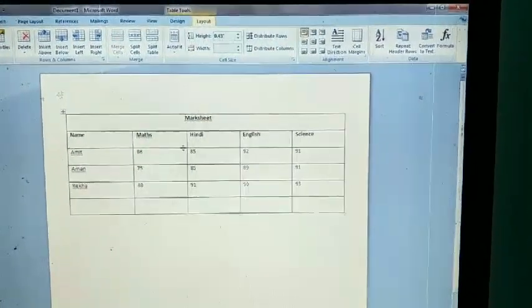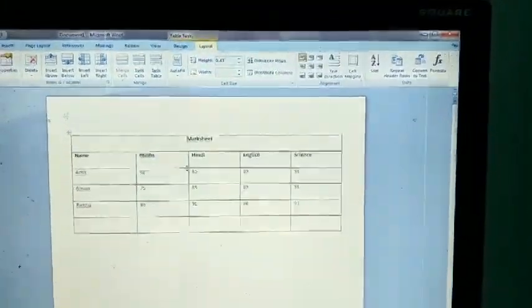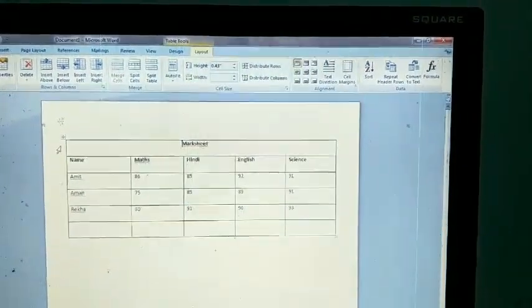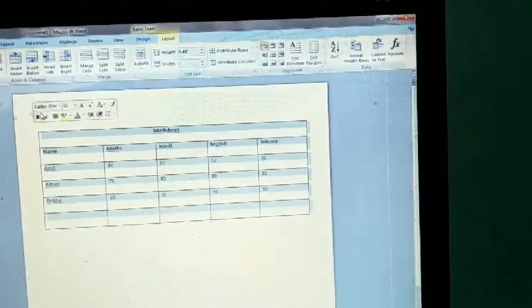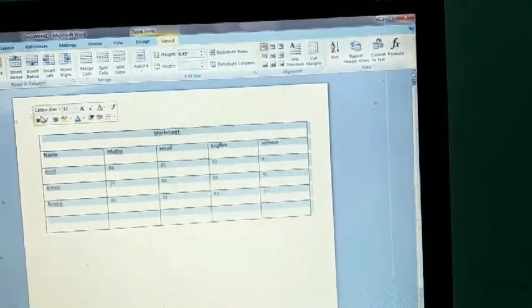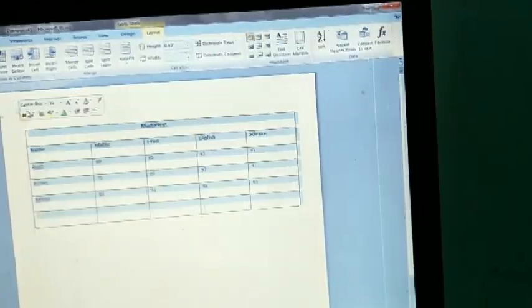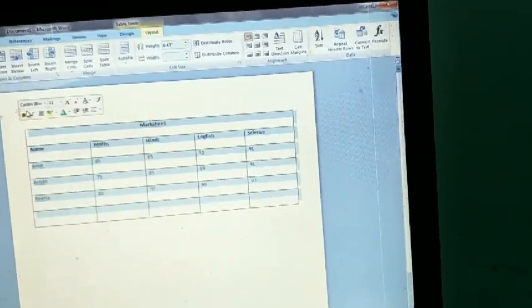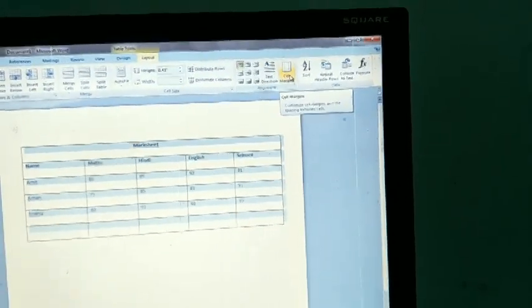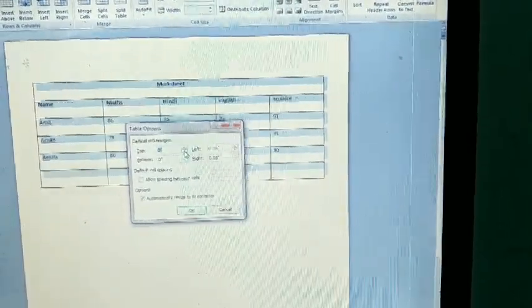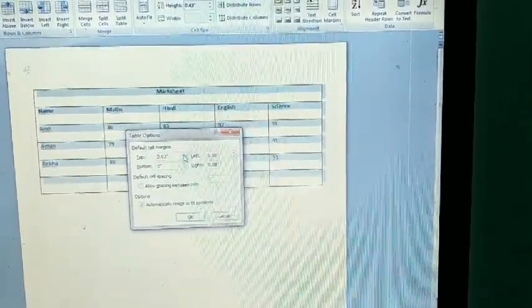Means you can change the gap between the cells. Okay, first you will select all the cells. After that you will click on the cell margin option. Okay, look here, here is the cell margin option. When you click here, then this option will open. Okay, if you increase,